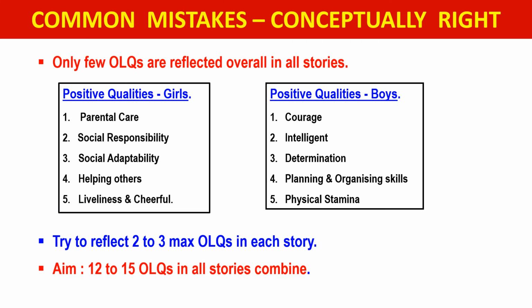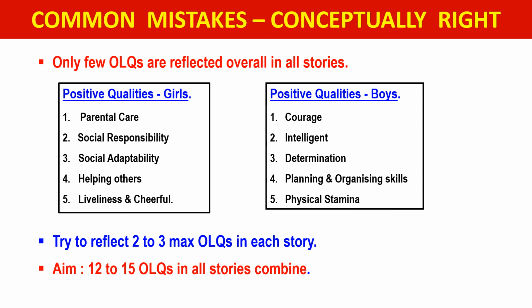Candidates, after discussing in great depth the common mistakes made by the candidates while appearing for the thematic appreciation test, wherein they were conceptually wrong either in the approach or in terms of writing the story, now we'll discuss the second facet where the candidate, either the boy or the girl, is conceptually right in his approach while appearing in the thematic appreciation test, but however, they still make some mistakes. The first mistake: